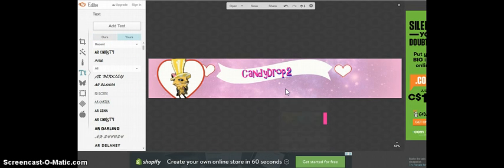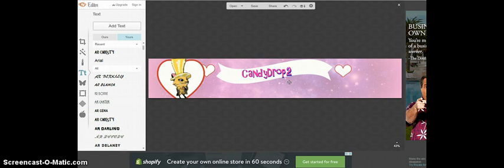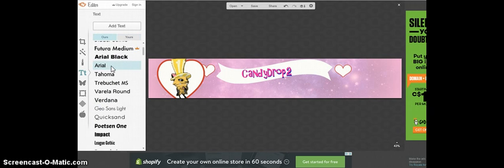Okay, so this is what I've come up with. As you can see, it's kind of like a little background shadow because I first did it with blue and then I did it over again with pink just so it would look much better. And then the final thing that I usually do is